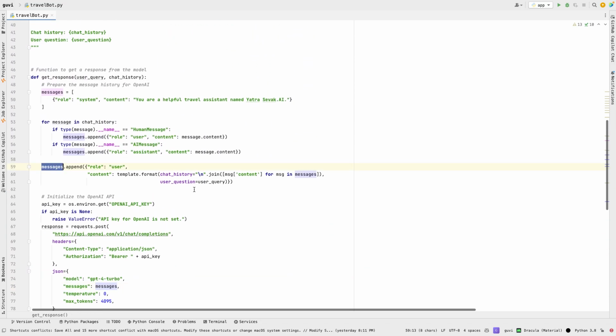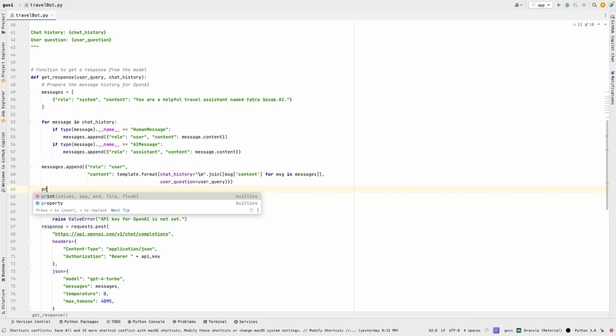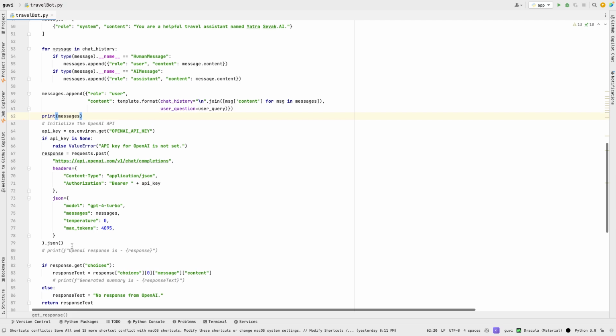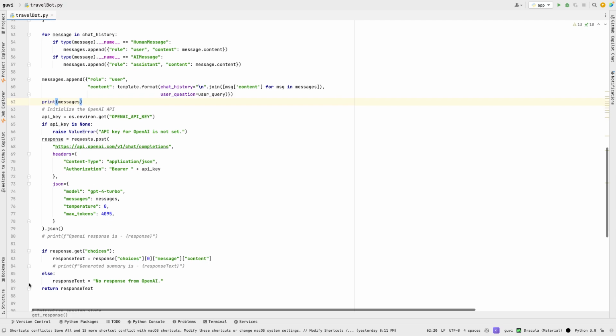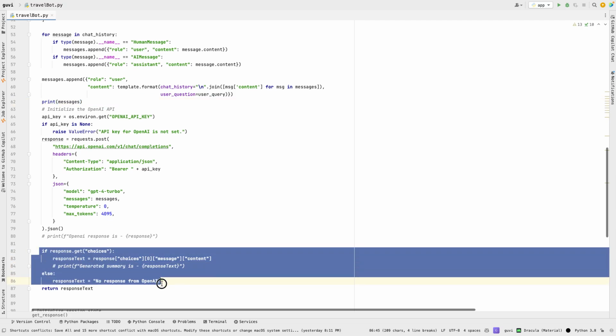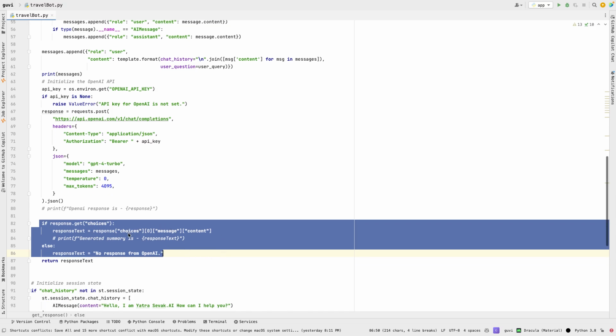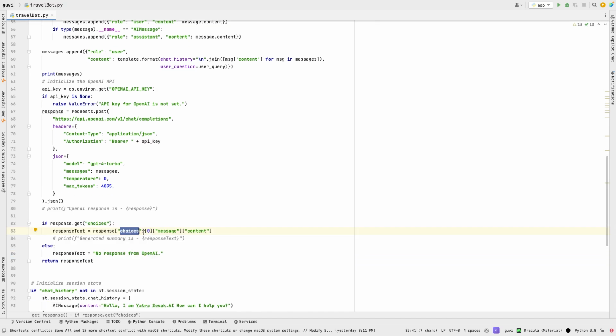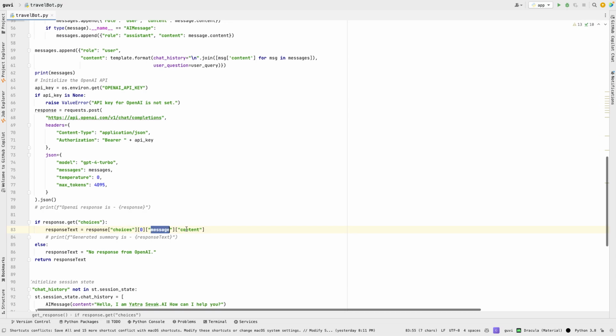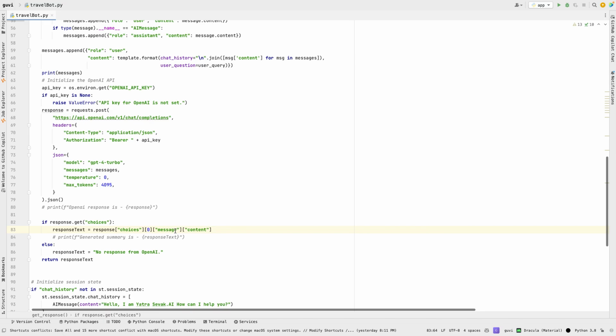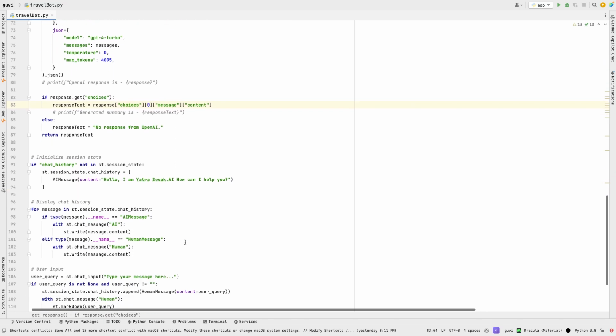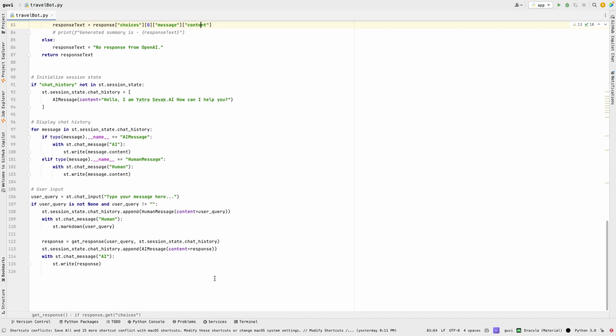I can also print the message here before we send it to ChatGPT. And then we are getting a response from ChatGPT and we are parsing the response. The response has a key called choices. Choices is a list, and I'm taking the first element. The first element is also a dictionary, and we are taking these two keys from the dictionary. And now we are going to check the